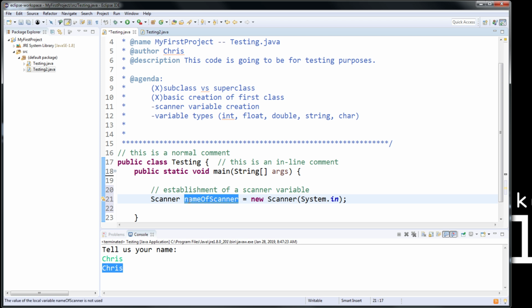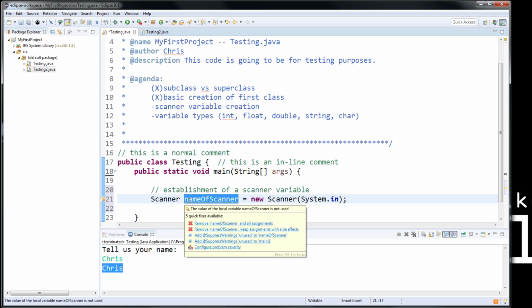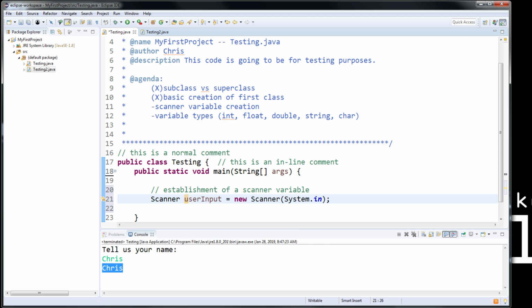So let's change the name of the scanner. I just wanted that to be a demonstration for you guys for readability purposes, but we'll call it user input for now, just to make it a little bit easier. And let's go ahead and set up a variable type. So let's say string. String is going to imply that we're expecting a string of characters. It can be any string of characters, and it's usually bound by double quotations. So we'll say string, and we'll say username, and then we'll say equal to